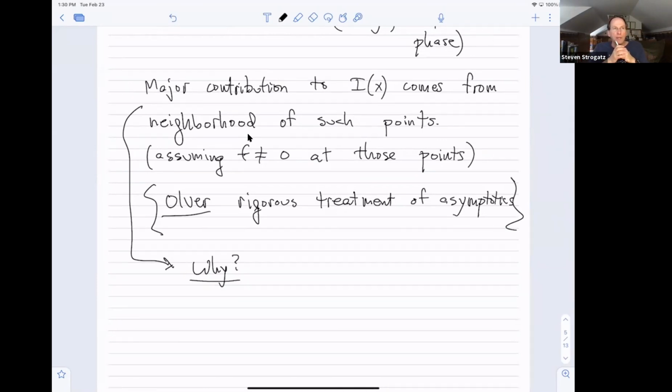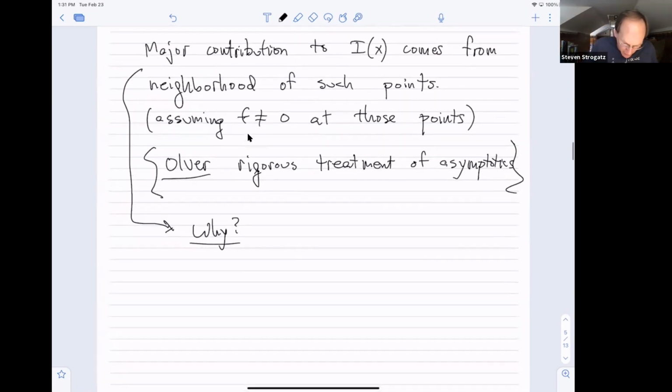Let's think about what happens to the frequency of those oscillations near a point of stationary phase. What we'll see is that the frequency slows down and actually becomes 0 at such a point. And so you lose the oscillatory cancellation to a large extent. So that's the intuition. You get the big contribution because